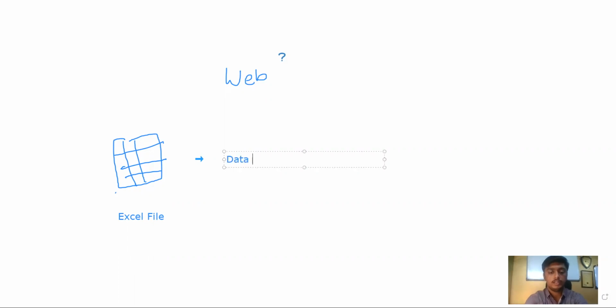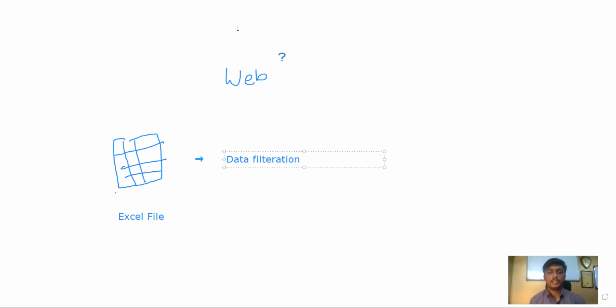So first let's understand the high level view of how the process is going to function. Our first thing is going to be an Excel file. You can ignore the drawing, this is just for us to understand. The second step is performing data massaging, so let's simply write over here, data filtration.